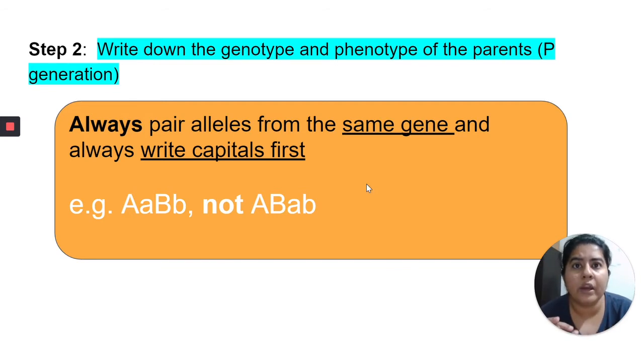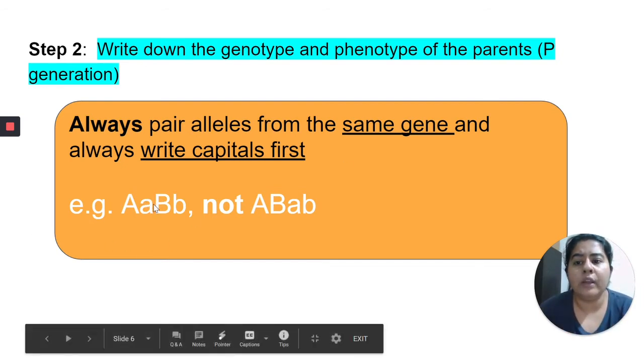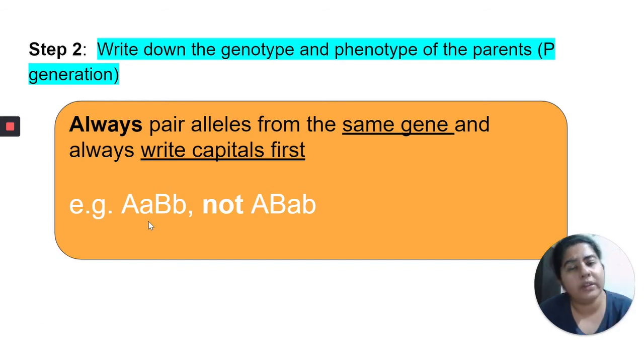So if you are taking a dihybrid cross of gene A and gene B, remember to write all the alleles of gene A first and then start with B. So here look at the example. If the parent is a heterozygous parent for both the characteristics, then the parent's A gene will have capital A, small a, capital B, small b, and this is how you should write, not like this. Do not write the capital alleles of both the genes first and then the recessive. That's a wrong way of writing.